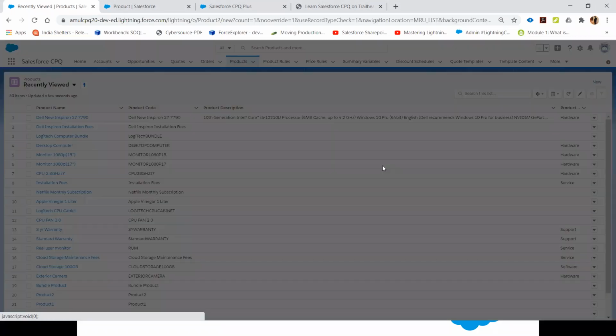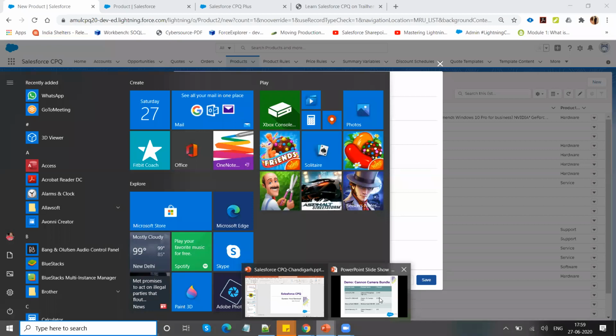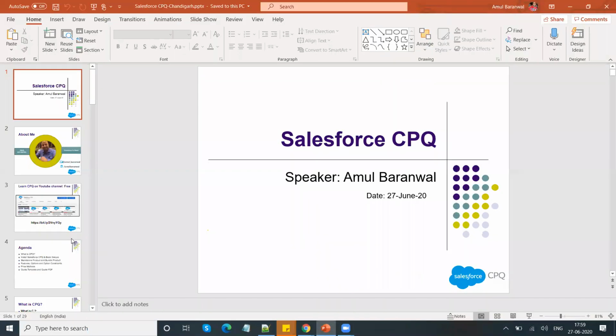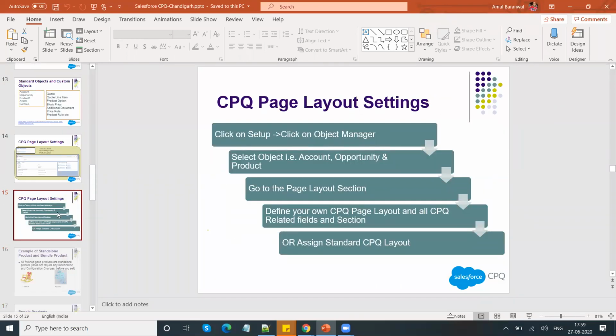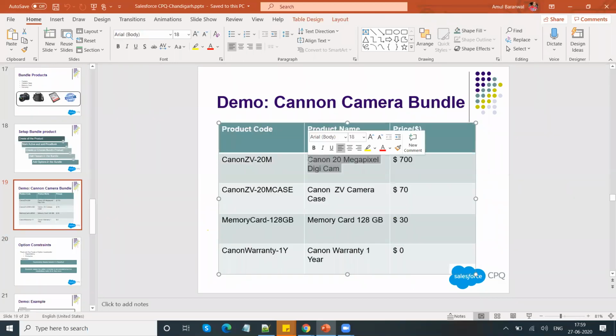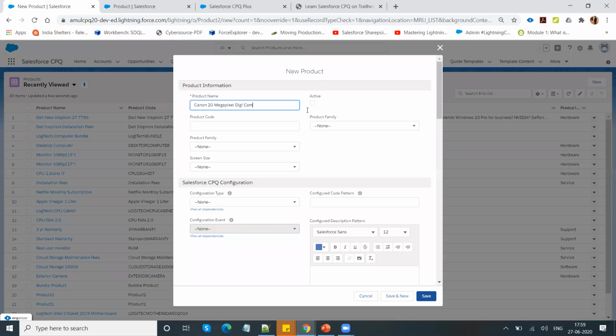Let me click on new. So my first setup is I'll have to create this product code and product name. So let me give my product name, mark it active.